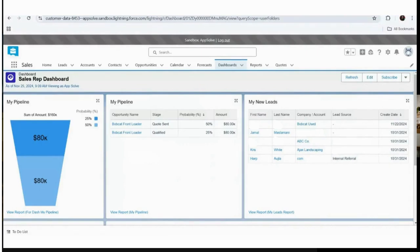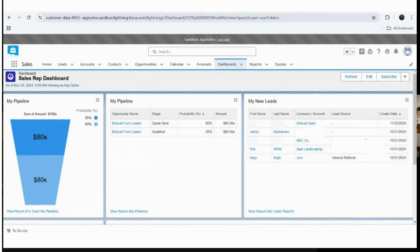Hi, everyone. This is the demo of Salesforce Sales Cloud dashboards. On the left, we have the pipeline, which can help the salespeople and the sales managers understand where each deal is and the total amount of deals in the pipeline. Center, we have My Pipeline, which shows the opportunities and their stages and their approximate value. On the right, we have My New Leads. This is the opportunity to convert new business, people who have applied through the website, who are looking for a